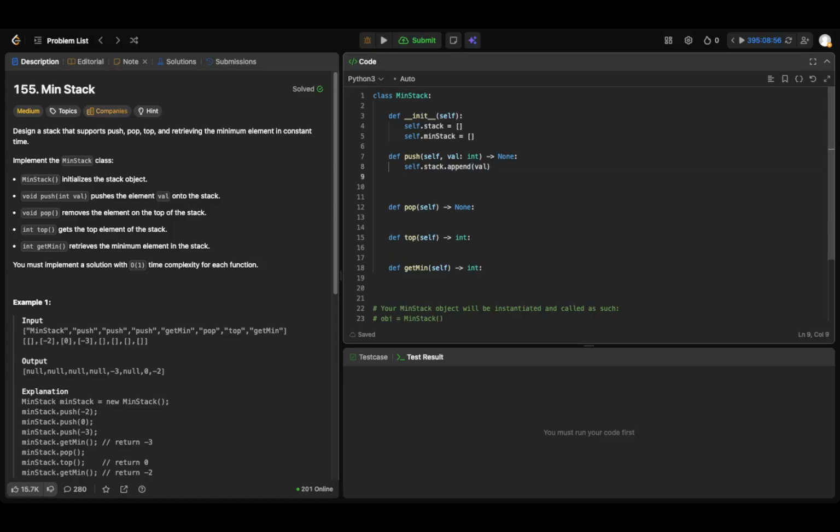And then line 2 here is the key. So look at the value here. If we have to get the minimum of val, and then if min stack already has something, the minimum of that and the top of min stack